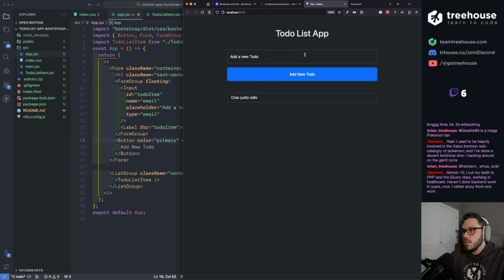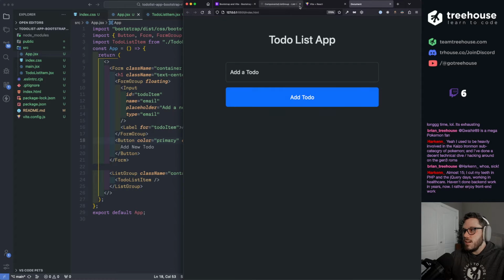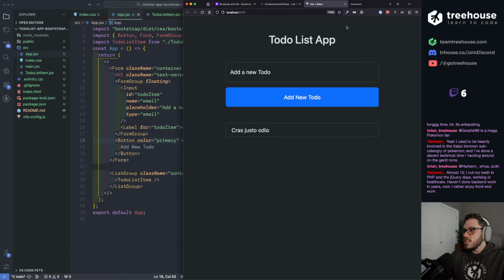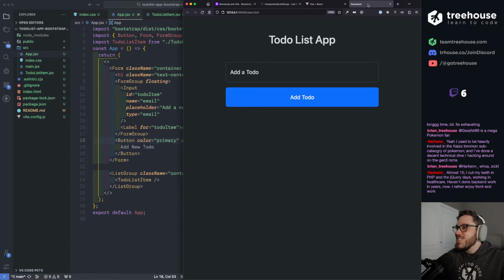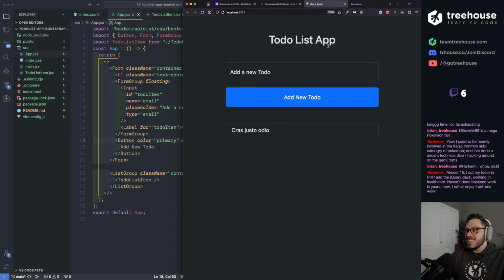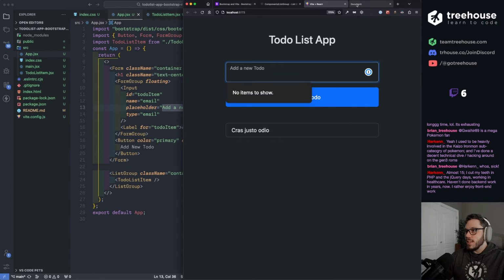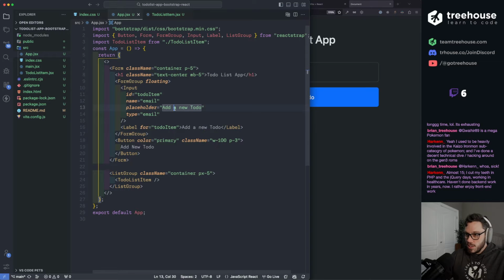Cool. So this is starting to look a lot like our other to-do list app. This is 170% zoomed in, so let's do the same. Let's see if we can get it 1 for 1. So far, it's pretty accurate. This is the vanilla JavaScript version right here, and then here is the React version. So let's change up some of the stuff. So we did add a new to-do. Let's do that again. Add a new to-do. All right, that's the version. It's add to-do, sorry. Add to-do and add to-do.